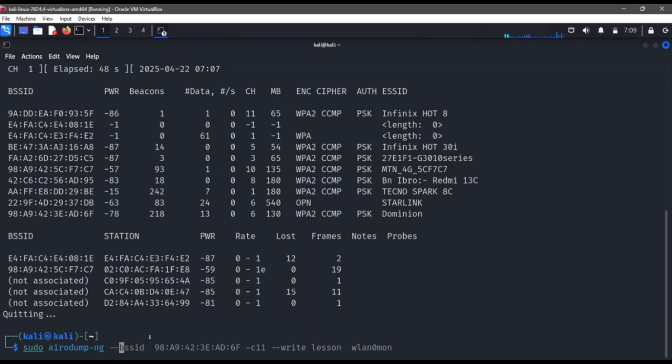So when I press up to this point, sudo airodump-ng --bssid, this was what I was looking for, 98A9, which is exactly this, 423EAD6F. Now the channel number is 11 here, but here it is on channel 6, so I'm going to change that. When I used it earlier, I'll change that. So I say channel 6, I remove, then write it to a particular file called